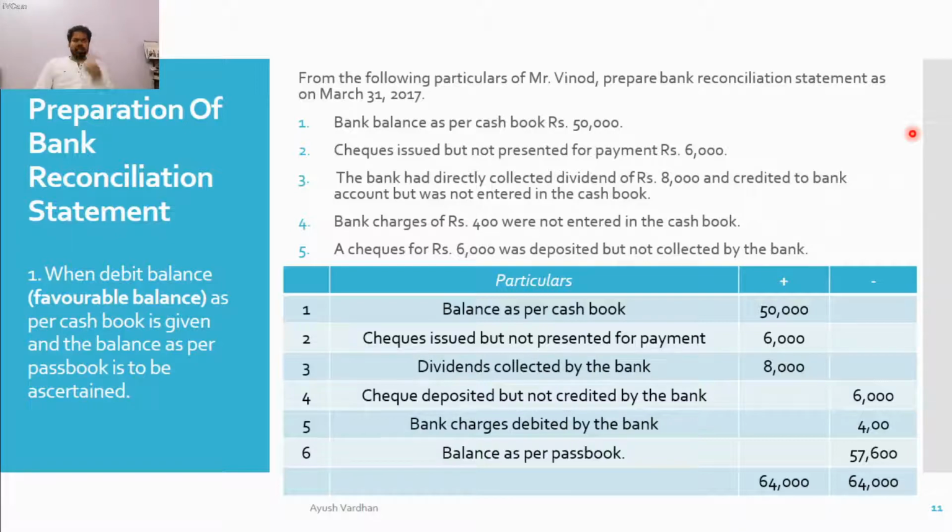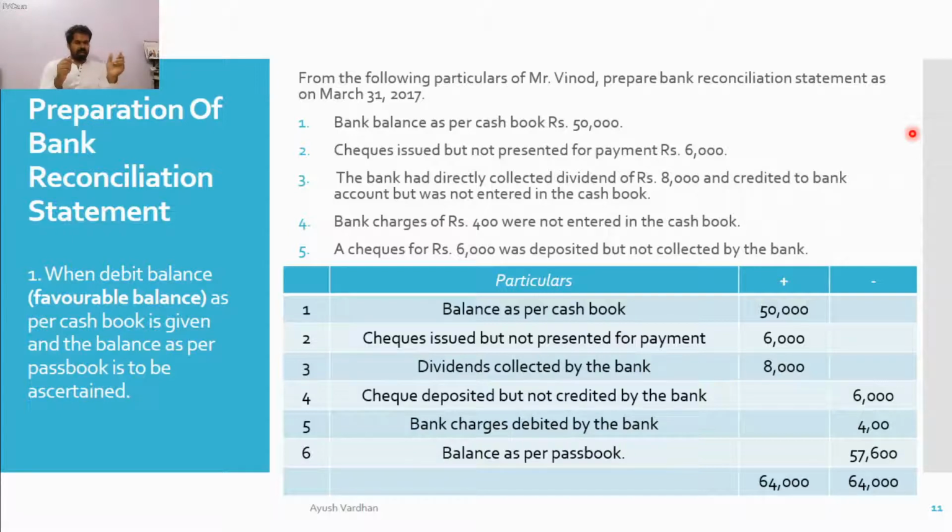First we see how we started the entry. Have we started the entry with cash book or passbook? If our entry has started with cash book, then our target is passbook. So on the basis of passbook,